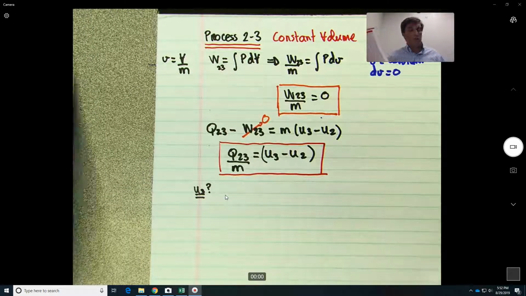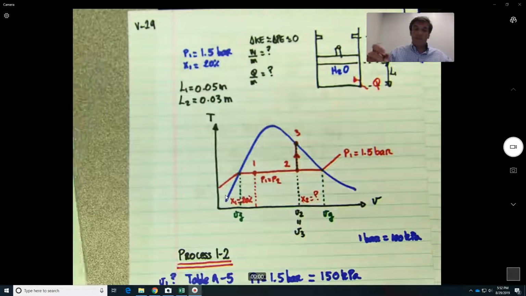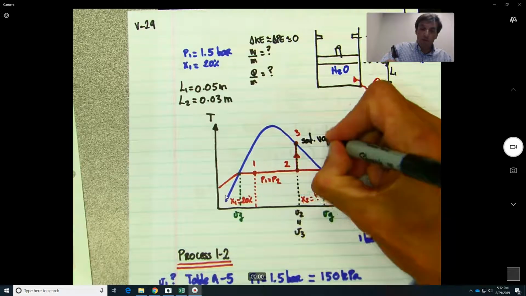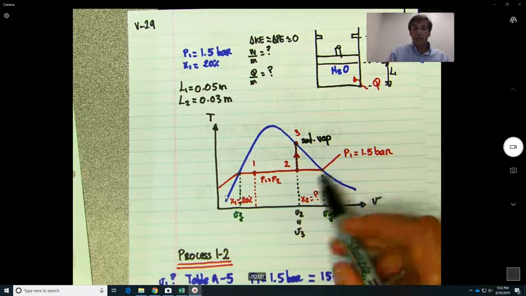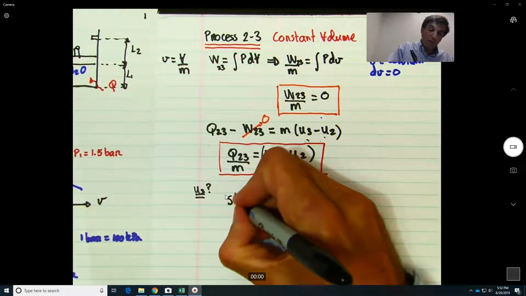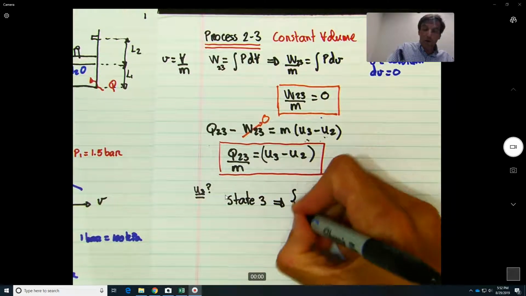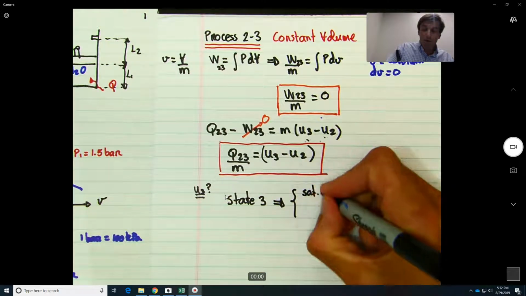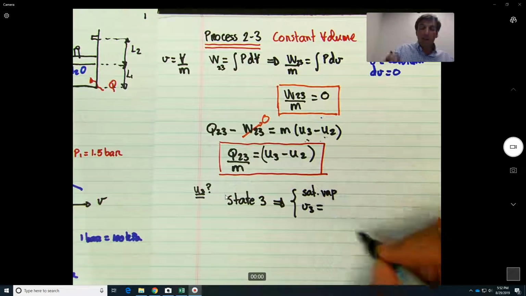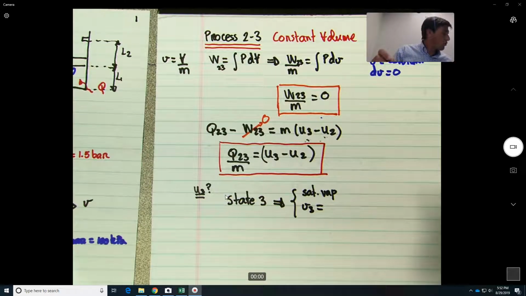So we know basically that U3 is saturated vapor. So we know the state, okay? And we know that V2 is equal to V3. So about state 3, what do we know? We know it's saturated vapor. Okay, and we know V3 is equal to V2, which is equal to,